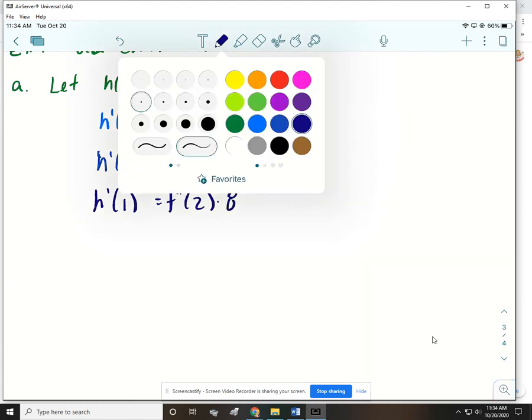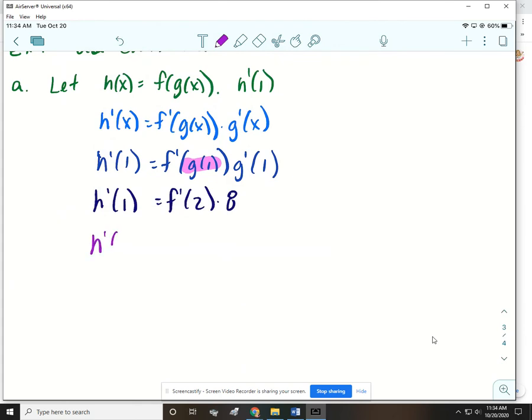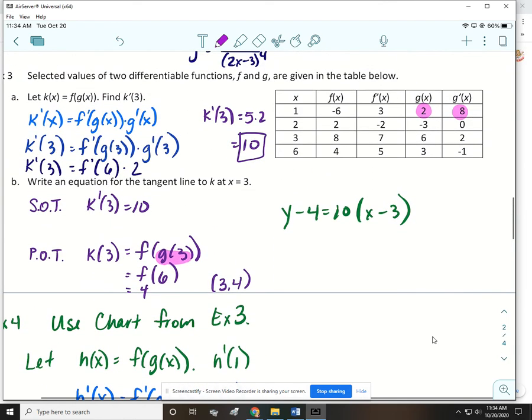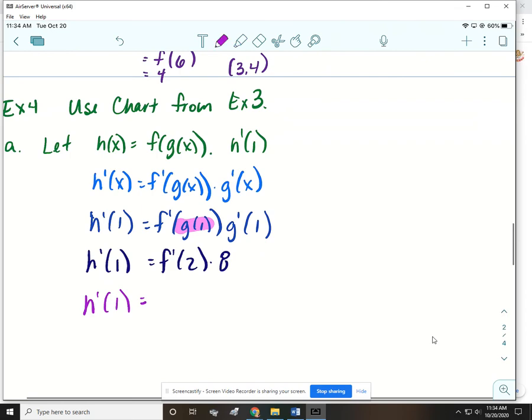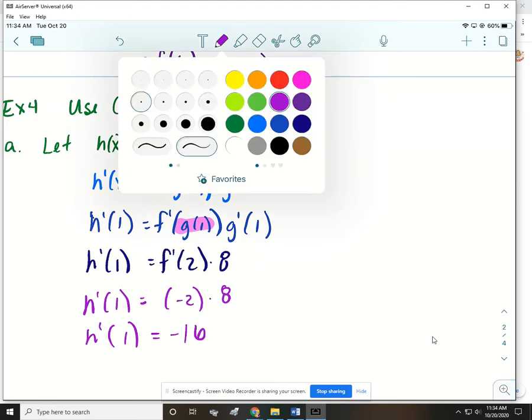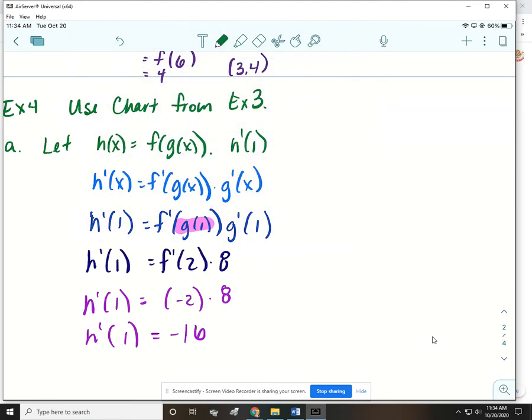Okay, so think about this for a second. What's the next thing we need to find from the table? F prime of 2. So f prime of 2 is going to be negative 2. So h prime of 1 is negative 16. Okay, and then for the b part, we're going to write an equation